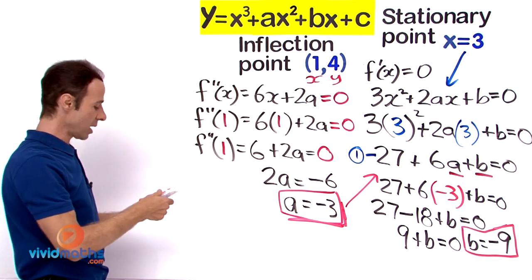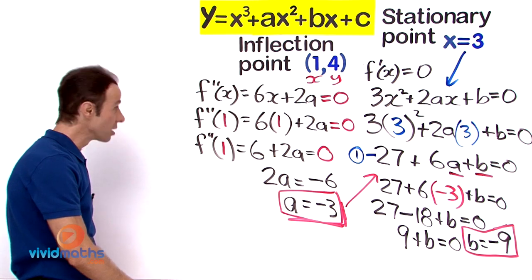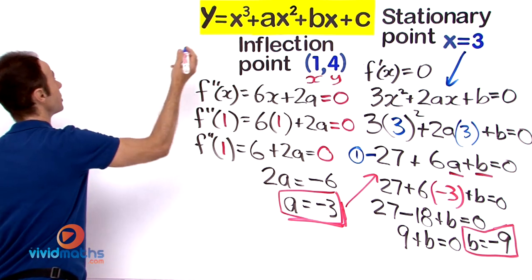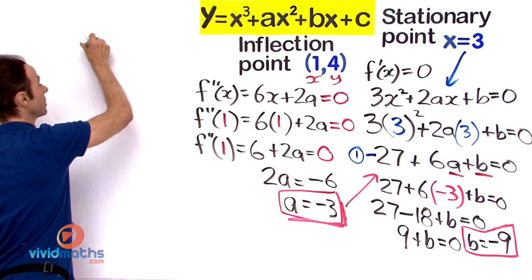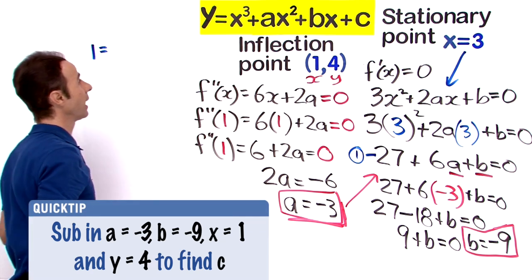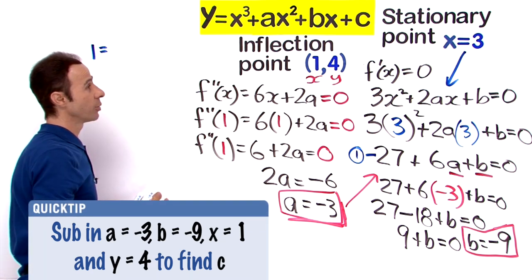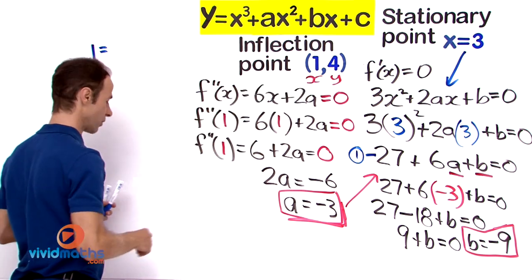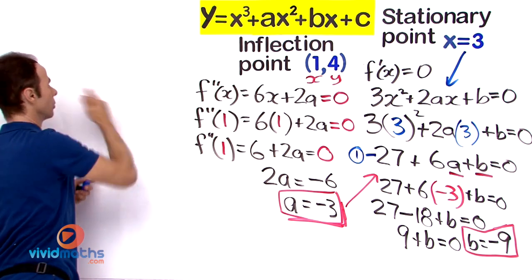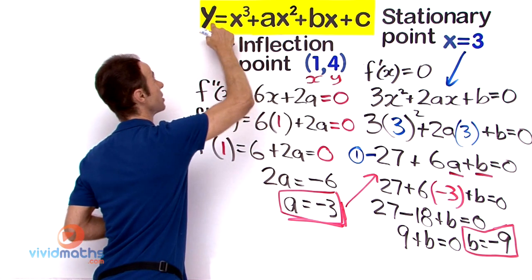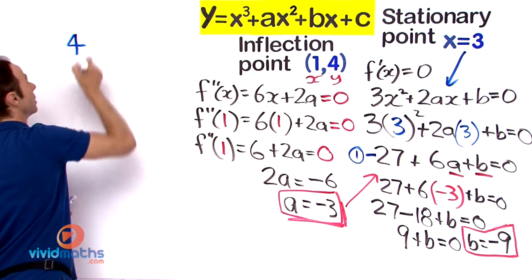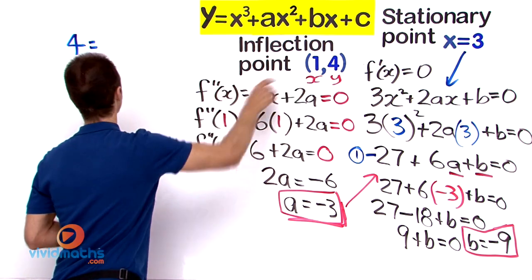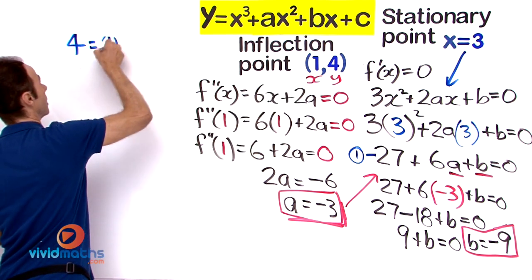So let's work with the 1. Here's our x equals 1. So that's our y. We're going to get 1 equals x cubed. What's our x? Well, we know what x is. X equals 1. No, y equals 4. Let me just correct that. Y equals 4. So that 4 goes there. So 4 equals x cubed. Now what's x again? Our x is 1. So that's 1 cubed